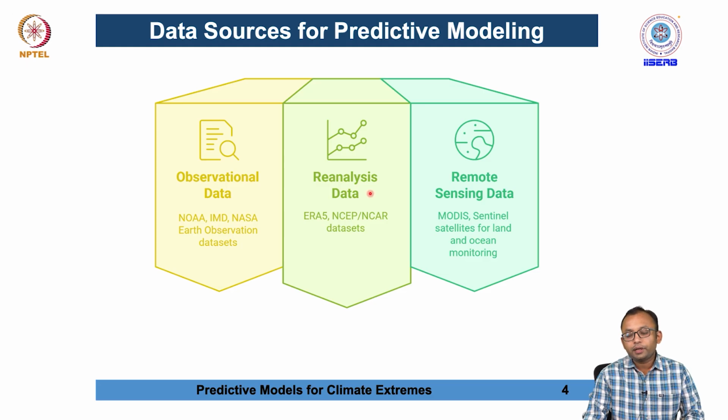Then there is another type of data which is called reanalysis data. These are the data sets which club together the observed data set plus model data set, merging it together to make some sort of reanalysis product, and that data set can be used for multiple different purposes. For example, there are several data sets, ERA5, NCEP NCAR data set, or let us say TerraClimate data set, or MERRA or JRA-55. There are lots of reanalysis data sets available, and we can also use these data sets for multiple different